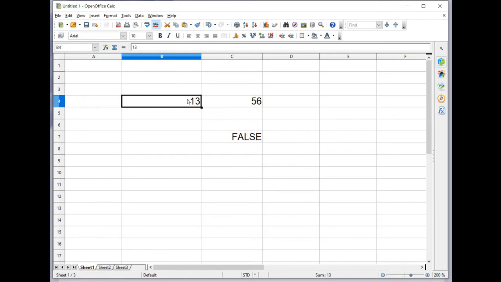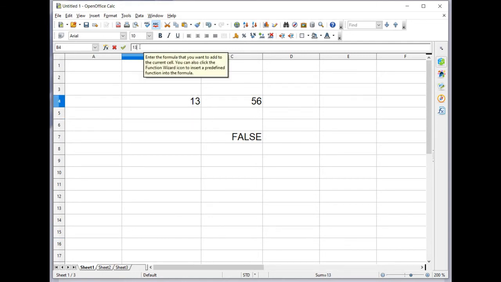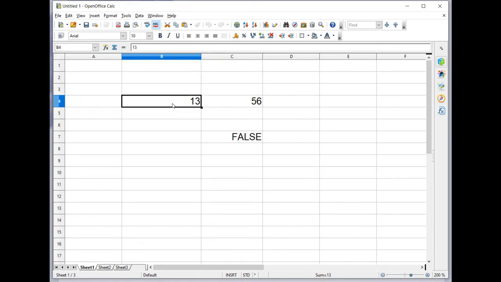We'll change this number. Now how to change the data? See here, I'm selecting the cell. You can click here to change the number, or else you double click, or else you press F2. What is the shortcut key? F2. So I'm changing this number to 300 and just pressing enter.